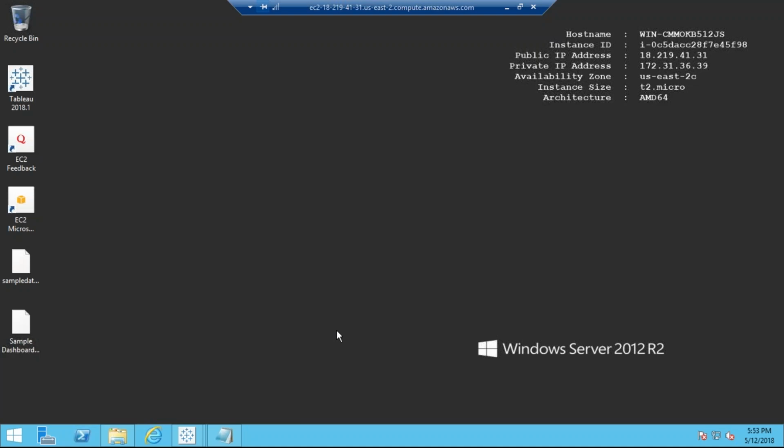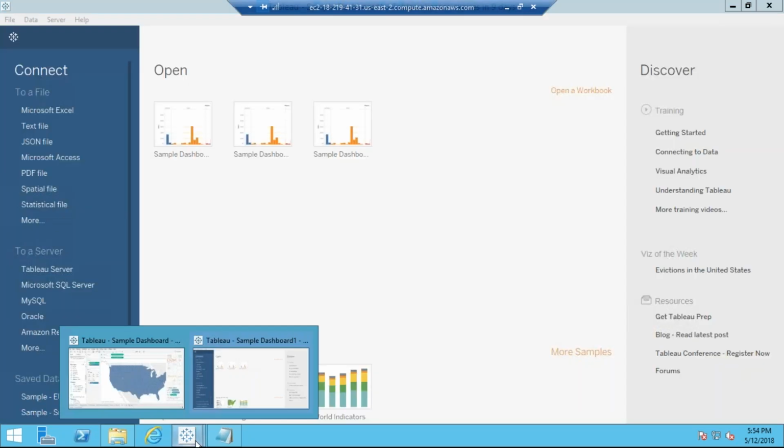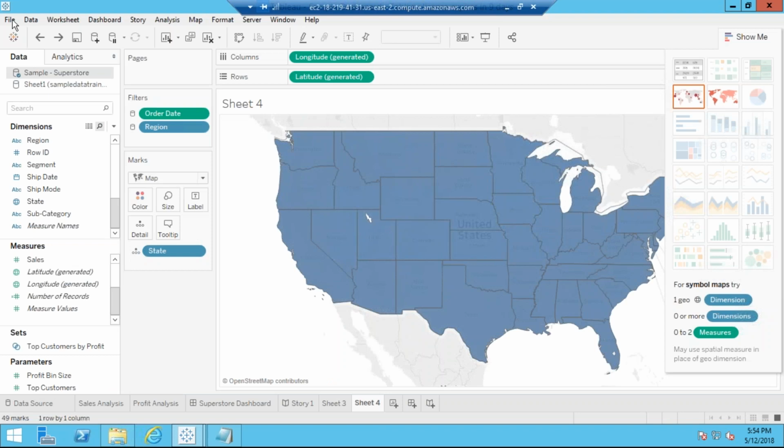Let it get saved. It will take some time because it's from a remote machine to my machine. So this way we can save it to PDF.